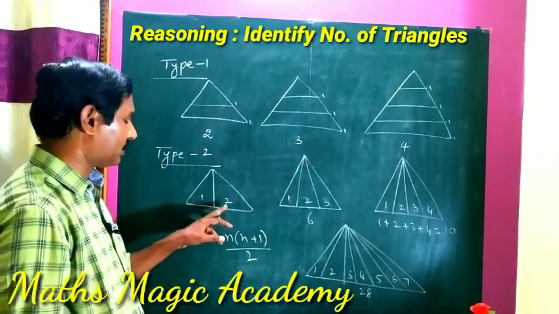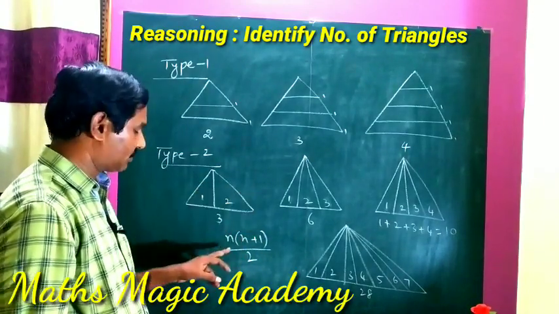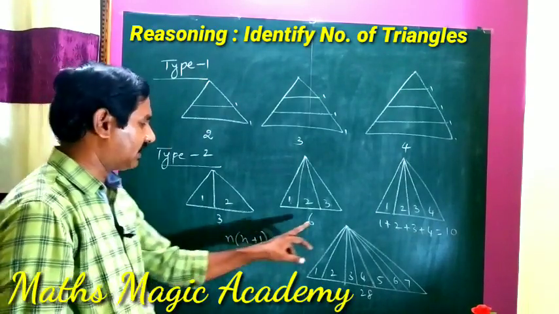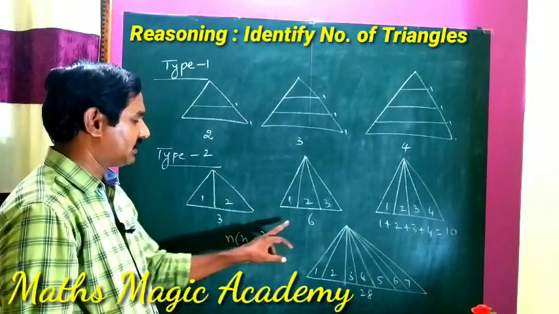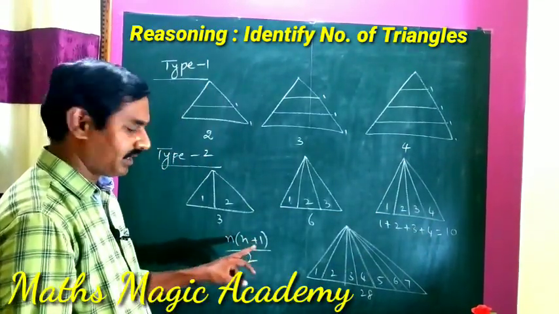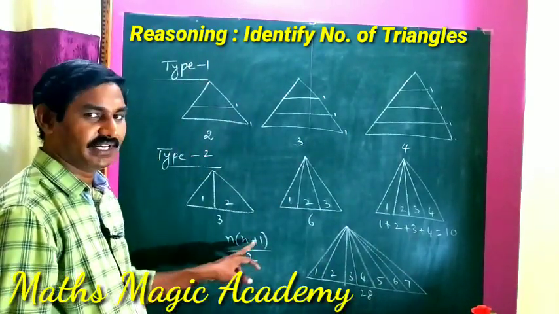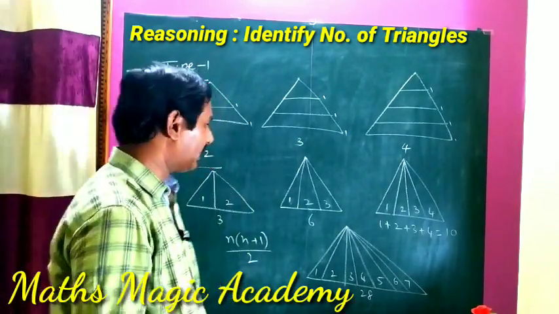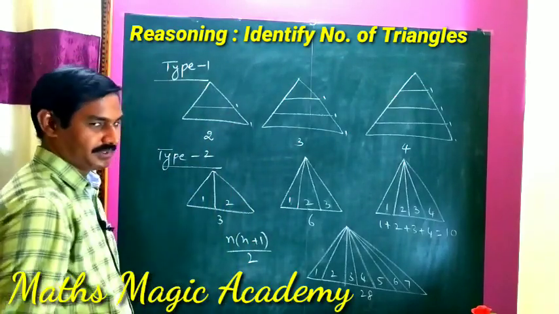So in this formula also you can apply 2 into 2 plus 1. That only we said, 2 after 3, like that. So 2 into 3, 6, 6 by 2 is 3. Like here 3 is there, 3 plus 1, 4, 3 4s 12, 12 by 2, 6. Like here 4 is there, 4 into 5, 20 by 2 is 10. Like here 7 is there, 7 plus 1, 8, 7 8s 56, 56 by 2, 28. So like that we can solve this type of type 1 and type 2 problems.